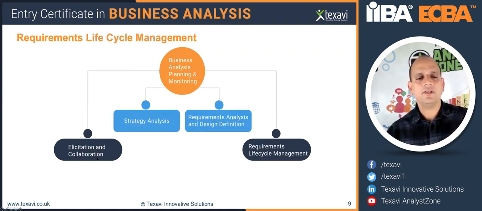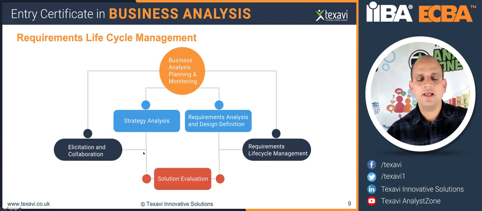So we started off with business analysis planning and monitoring. We understood that it has some relation to elicitation and collaboration, because we then moved from there. We planned for the elicitation, we prepared, conducted elicitation. From there, that's again linked to requirements lifecycle management through the BA planning